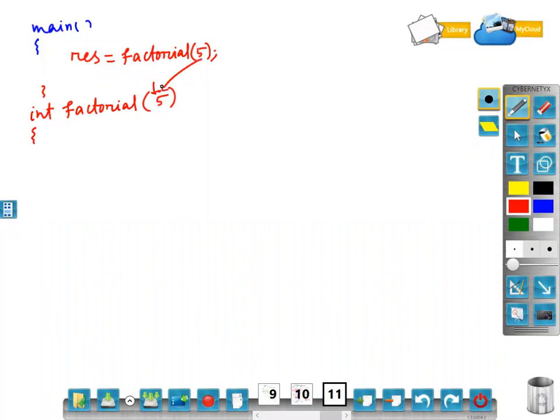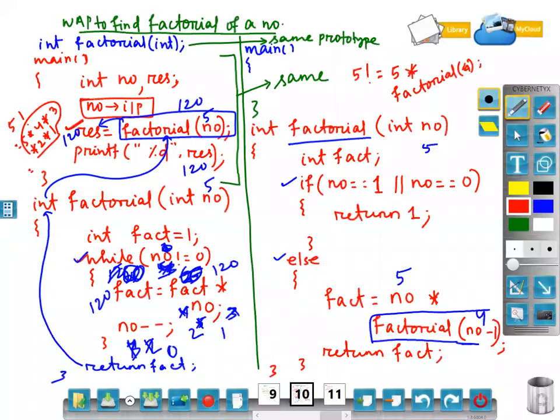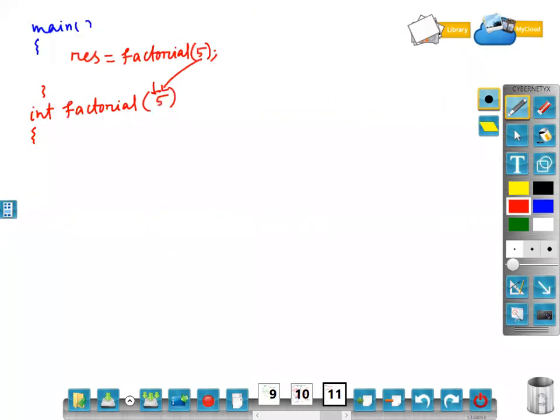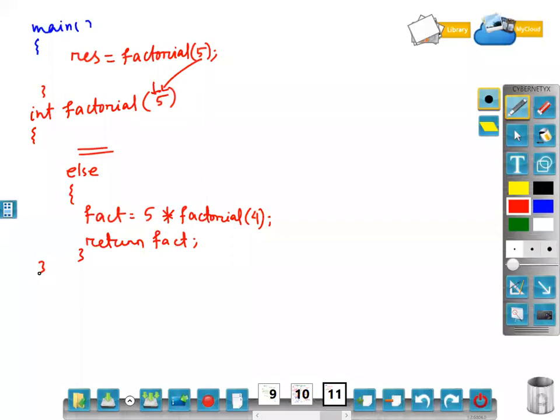Here, the if part will never execute. If I am catching 5, the if part will be false, so obviously it will come to the else part. In the else part, it is written fact equal to 5 into factorial of 4. Clear? Then here it is written return fact. Simple. This is what you have written in the program. In the background, how does the recursion execute? All of you listen, this is very important.